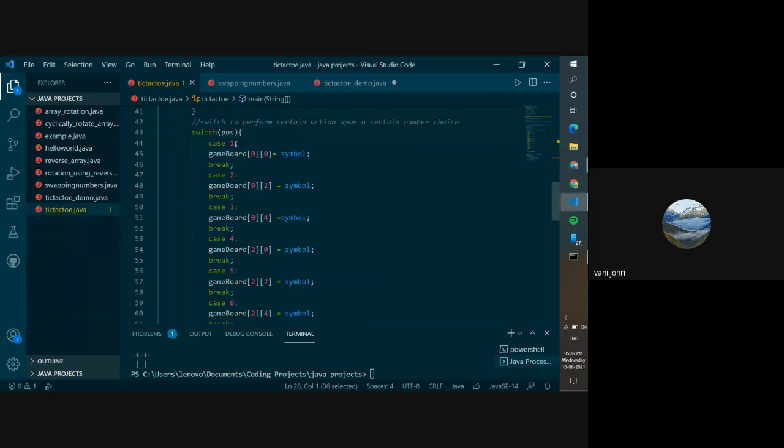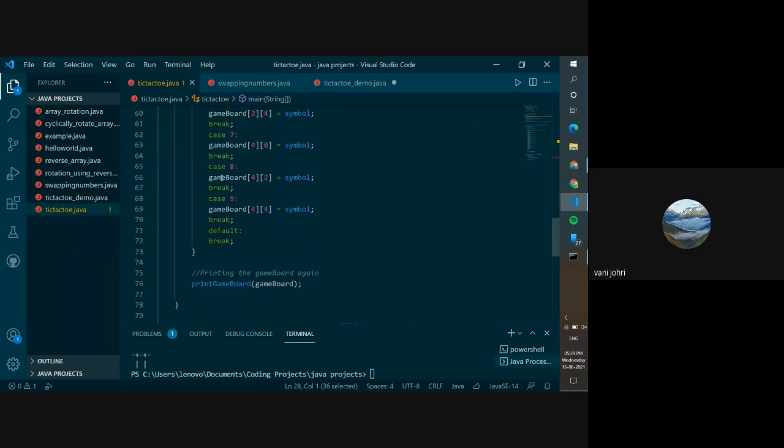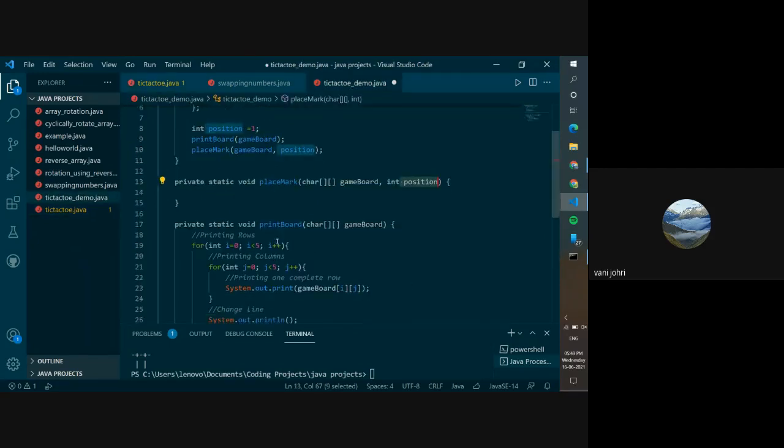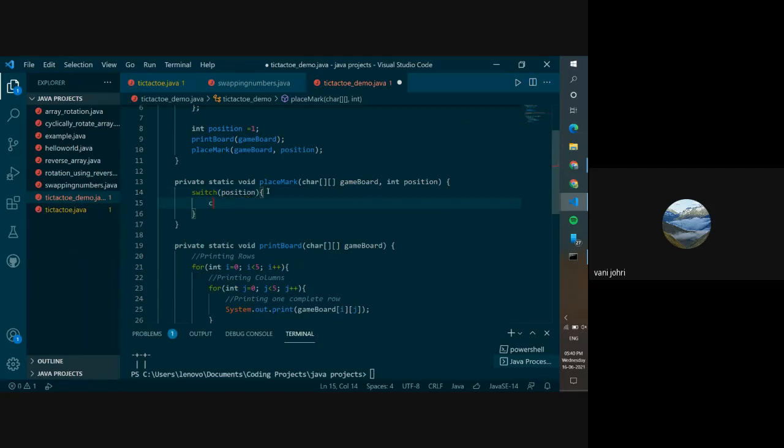You can just have position 1. If it is 1, game board 0 of 0 should be, I will write it again for you guys. So you're going to use switch, and the bracket is going to be position, and then we will start it, and we will have case 1.